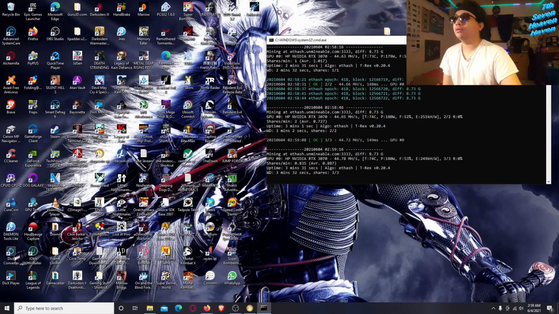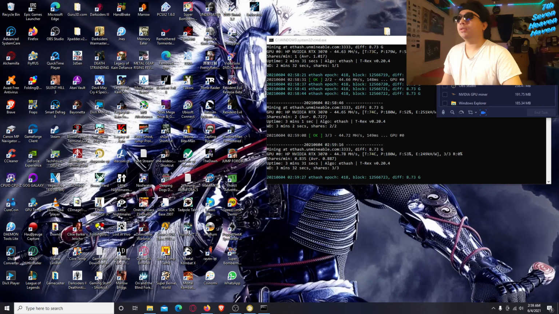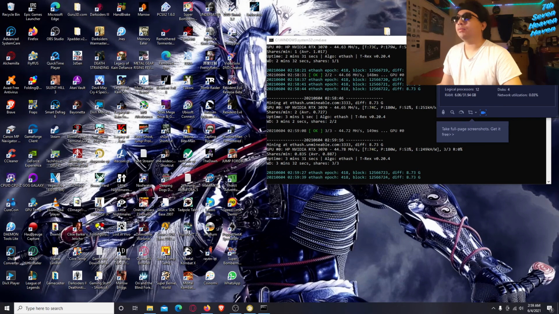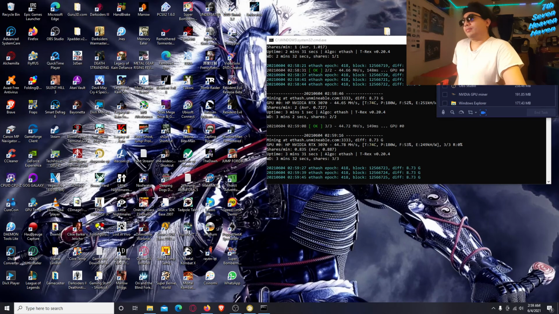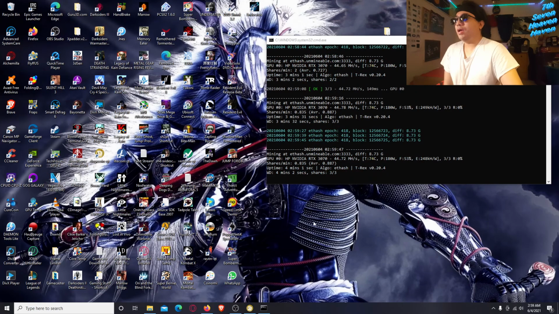Or you can download Advanced SystemCare and then add the monitor thing right here on the top right. And then what you want to do is go to metrics, and it tells you the temperature. See, 165 degrees Fahrenheit, which is the same thing as 74 or 75 degrees Celsius. Your CPU is not affected, or your main board. There's a fan speed. So yeah, like I said, it'll heat up your